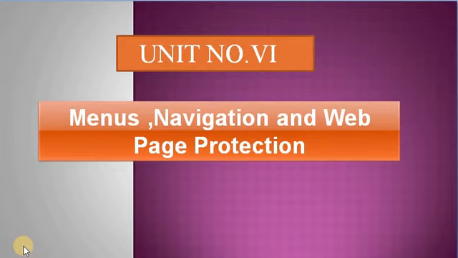Next is the highlighted menu. A highlighted menu can be created by a mouse over effect. As a user moves to any menu item, the menu item will be highlighted by using a special effect such as background color or making the font style bold. The next point we discussed is the folding tree menu. A menu which contains a sub menu, and the sub menu contains another sub menu, creates a hierarchy like a tree of menus, so it is called a folding tree menu.